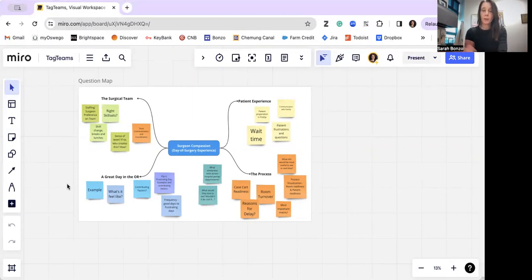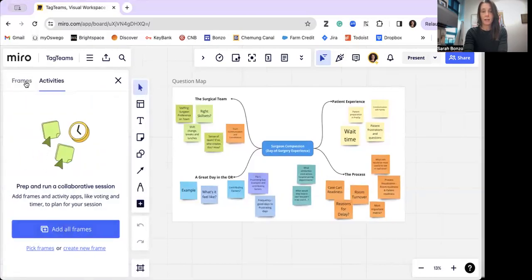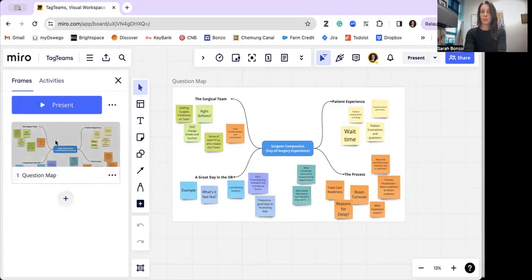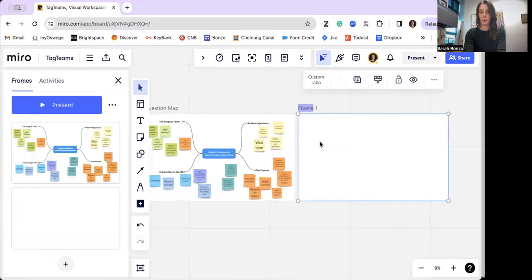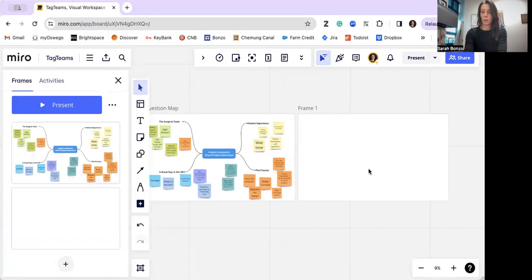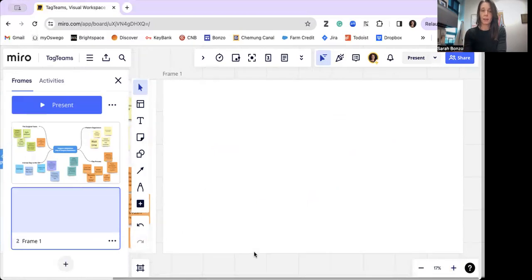In terms of what you're going to be doing in the course, there are a couple ways you can go about this. You can come down here, open frames. Here it's showing the question map. You can add a new frame this way and it'll pop over. Or you can rename the frame up here and then start doing the work in this space. You can click into the frame over here and it'll bring you right into that workspace. You can also change the aspect ratio, the size of these different frames, but play around with it and see what works for you. Okay, so we've got this new frame here,